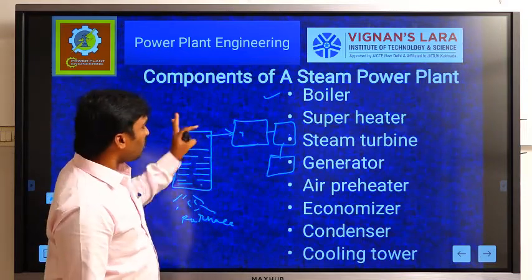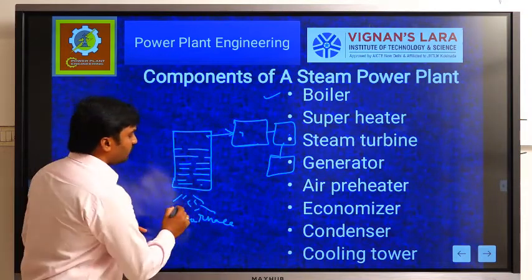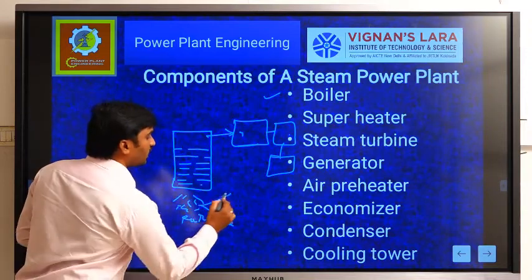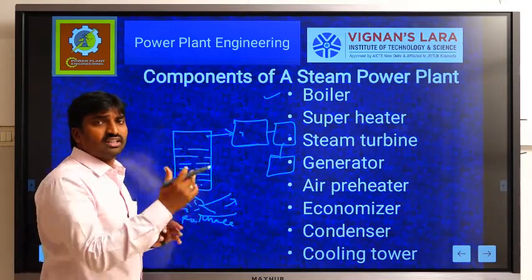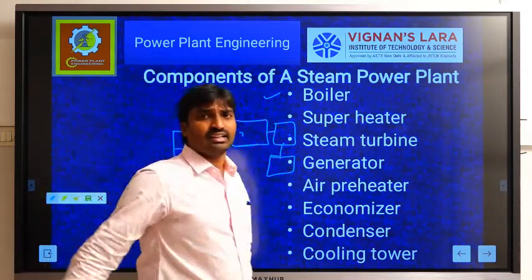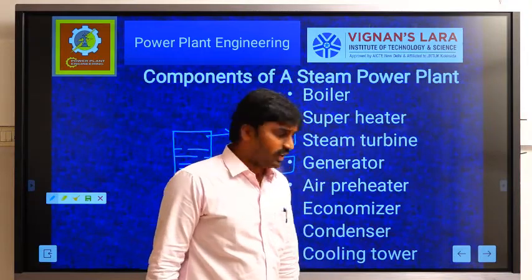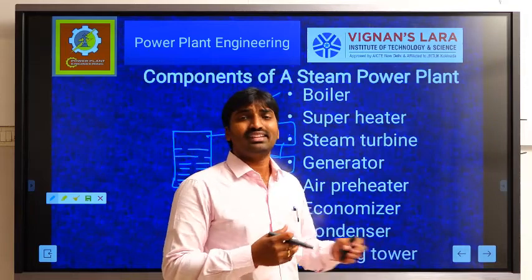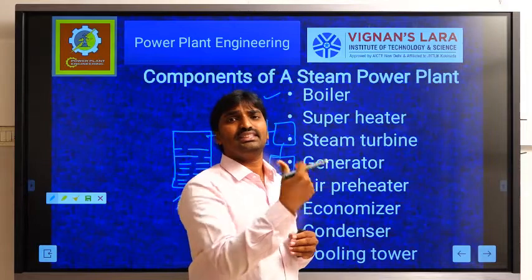After this, we are getting the heat from the furnace, and at the same time it produces a high amount of hot gases. Those hot gases are released into the atmosphere directly, which means we are wasting heat energy. My intention is that we need to utilize that heat energy also. We need to utilize the exhaust gas heat to increase the efficiency of power plants.